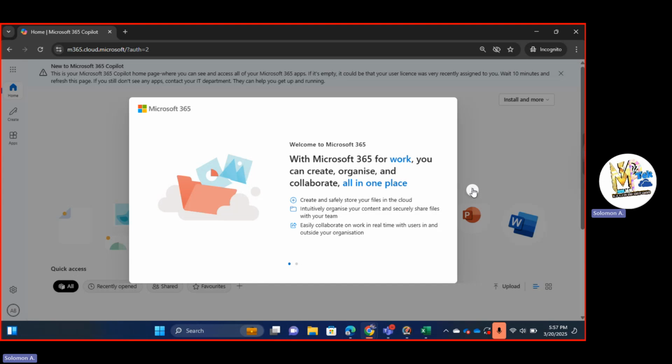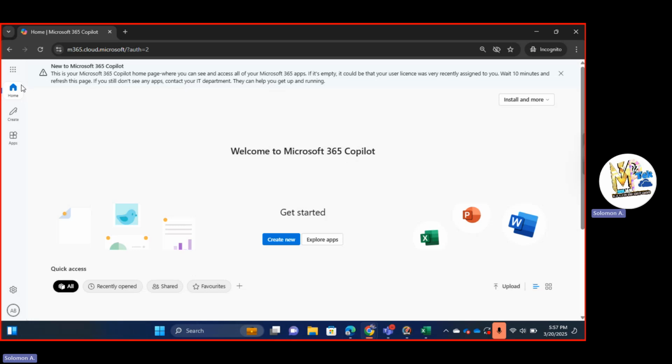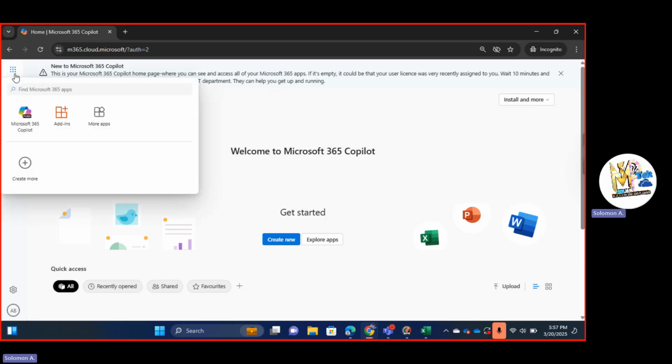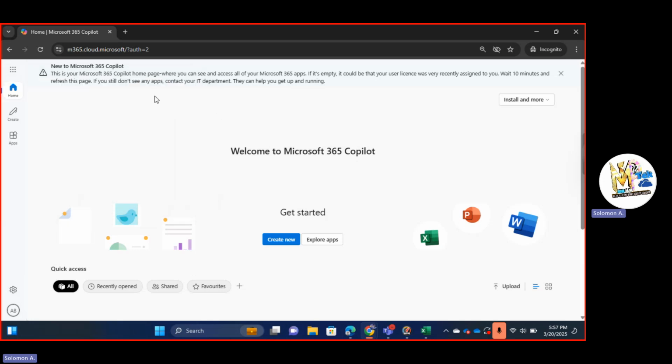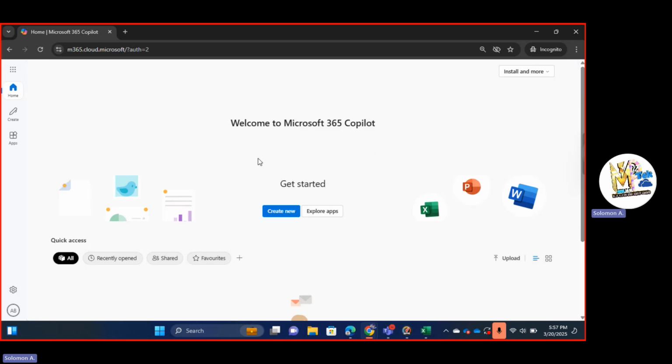Since this is a fresh person just logging in, when you check here, App Launcher, these are the default resources you can see. Microsoft 365 Copilot adds in more apps. So this one creates. You can see what Ade Beauty has over here. So let me close this so that I can see. Look at the name here. So what Ade Beauty has